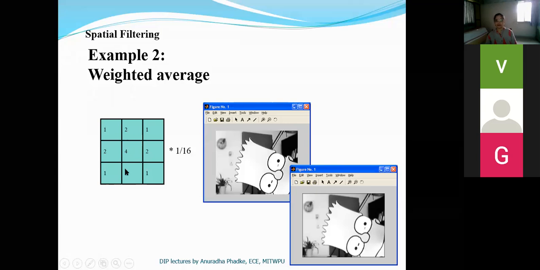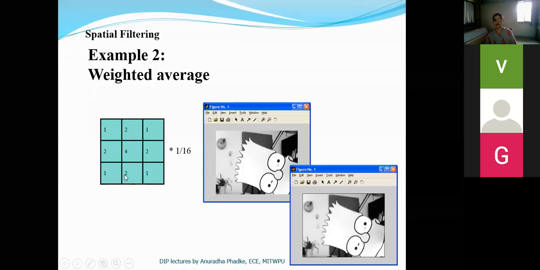And then the vertical neighbors and horizontal neighbors are closest to the central pixel, so their weight is slightly less, which is given here as 2, 2, 2. And the diagonal neighbors are slightly away from the central pixel, and hence their weight is reduced further.